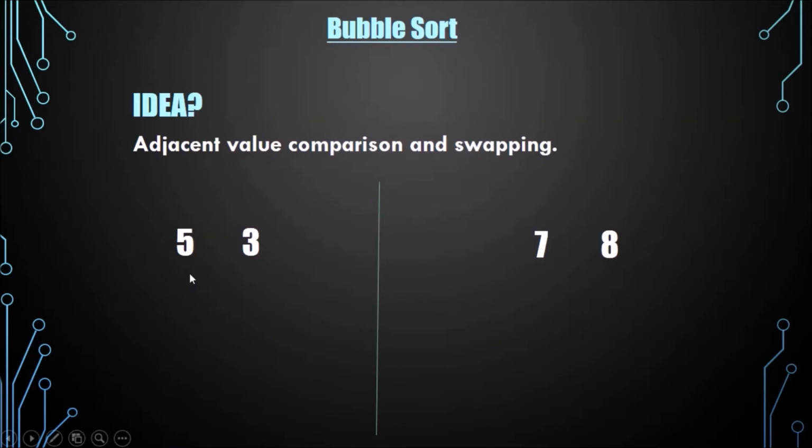In our first set, we have the value 5 and the value 3. So what will you do? We will compare the value of 5 with the value of 3. If the first value is greater than the second value, then you will do a basic swap. As you can see, I have swapped these two values and now they are in ascending order. If the values are already in ascending order, then we don't need to do anything. This is the basic operation which we will be doing in the bubble sort algorithm while traversing through the array and sorting the elements. We'll see the idea further.